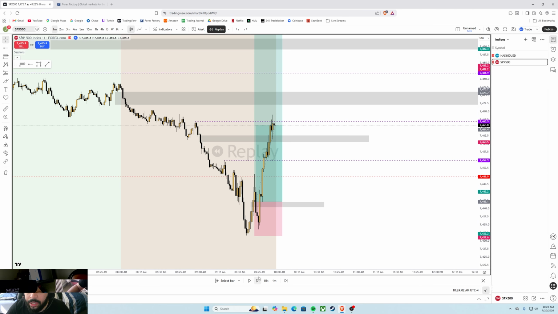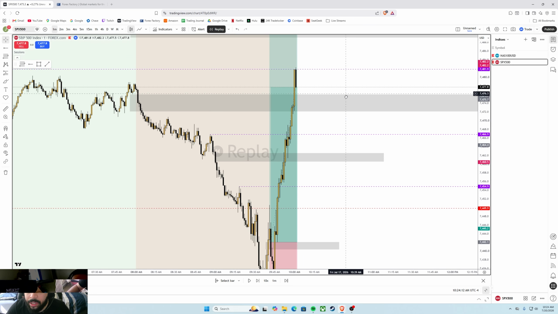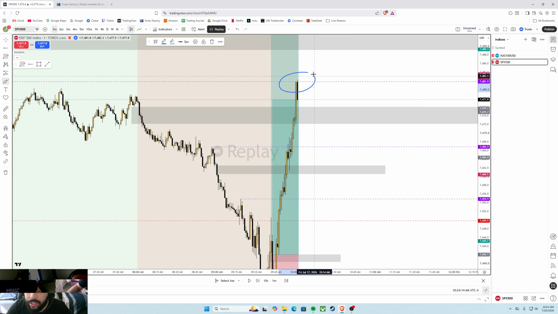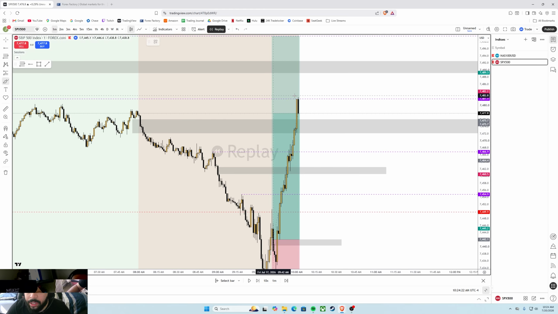And then I'll just fast forward a little bit more, right? You're seeing another push into this fair value gap, so another partial taken. And then as price continues, boom, right? You're seeing, right? Price did in fact tap it. So think about it, you enter the trade at 9:42, and then by 10 o'clock or 10:01 you've basically closed off 90% of your position. So this was in the matter of